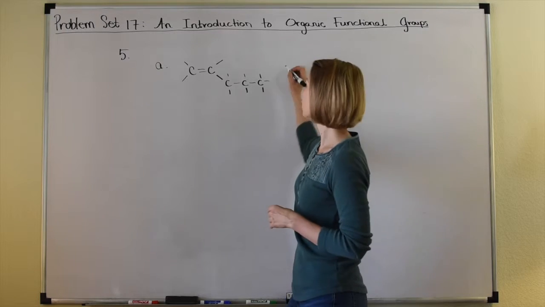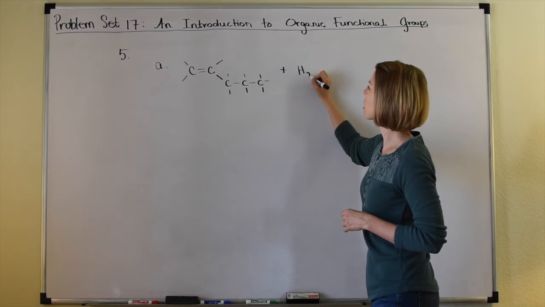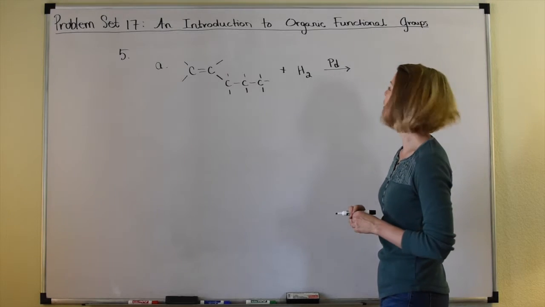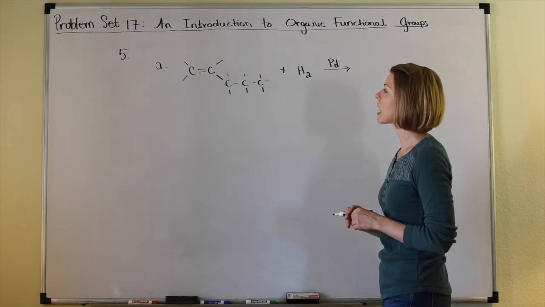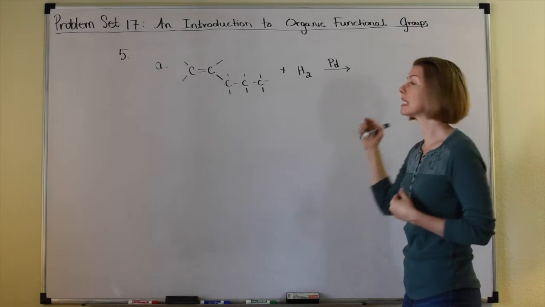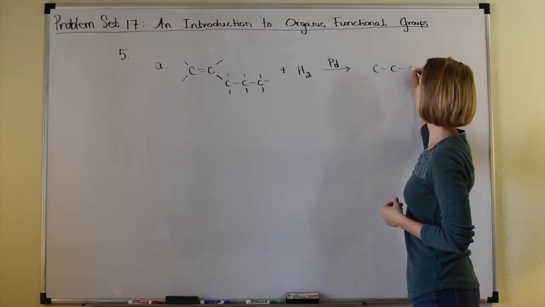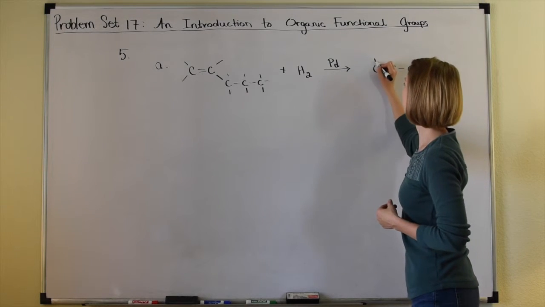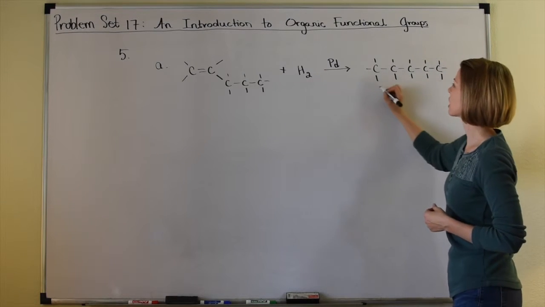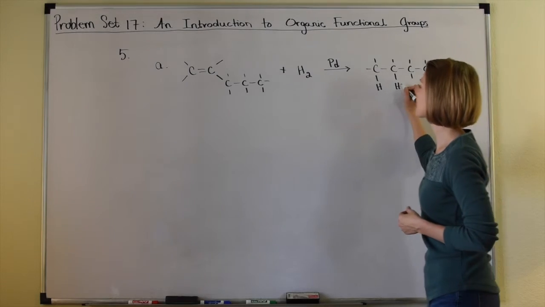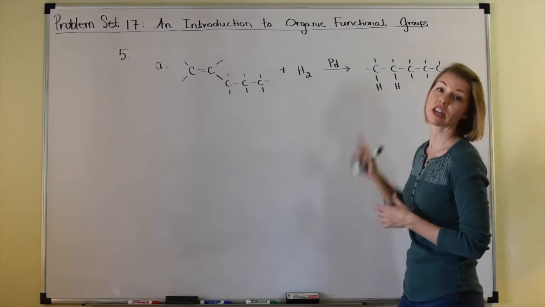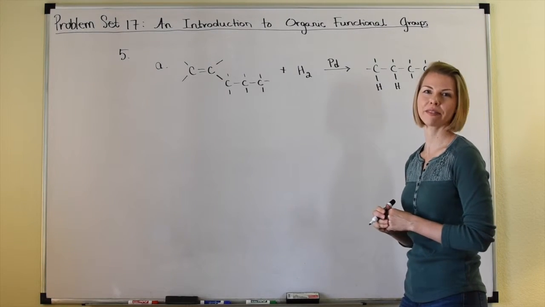In a hydrogenation, we're adding hydrogen across the double bond. Our catalyst is palladium, so above the arrow. Okay, so we're going to go ahead and add a hydrogen to each side of the double bond, creating the alkane pentane. So 1, 2, 3, 4, 5. And now all of the carbons are saturated with hydrogen. I'm going to go ahead and draw in the 2 that added across the double bond here, but notice that all the others are hydrogen as well. Okay. B,